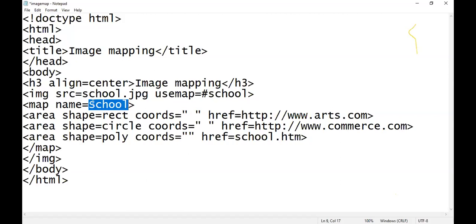What mistake did I make over here? I wrote S in capital letter, so this will not work. So to avoid this mistake, you have to concentrate on what I'm doing here. Don't annotate. Somebody is annotating over here.